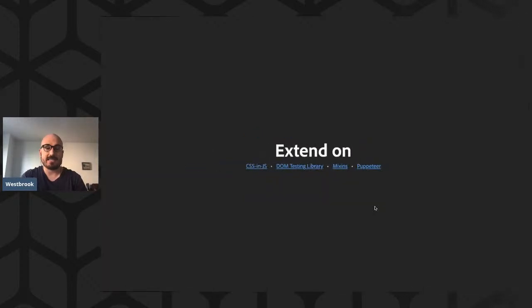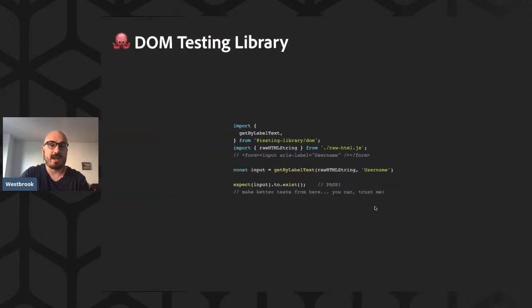And so thinking about things that we can extend on, this is a list of things that I've thought about, and it's by no means extensive, but it's still really long. So I'm gonna focus down, and I'm gonna get us focusing primarily on extending the DOM testing library. And I don't know if anyone has worked with the DOM testing library, but it's a really cool project that allows you,